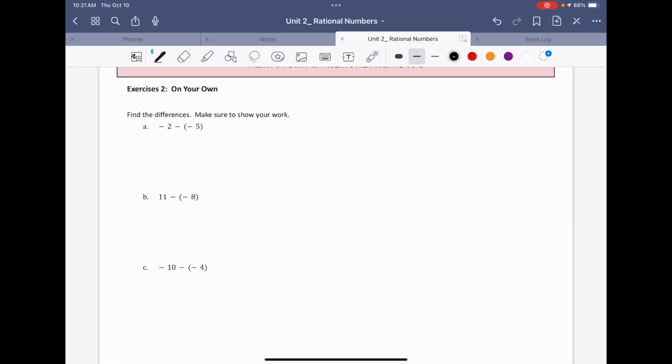Exercise 2. You're going to try this one on your own, so pause the video, give it a try, unpause the video, and just check your answers. Okay, for the first one, I should have negative 2 plus 5, which should become 3. I should have 11 plus 8. 11 plus 8 is 19. And negative 10 plus 4, which is going to give me